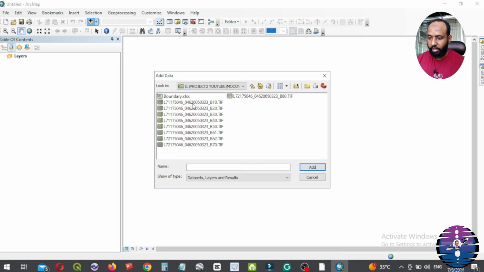We can add the TIFF images either one by one, like this. 1, 2, 3, 4. Add. Okay. Or we can add all the images by pressing Ctrl and adding them all at once.